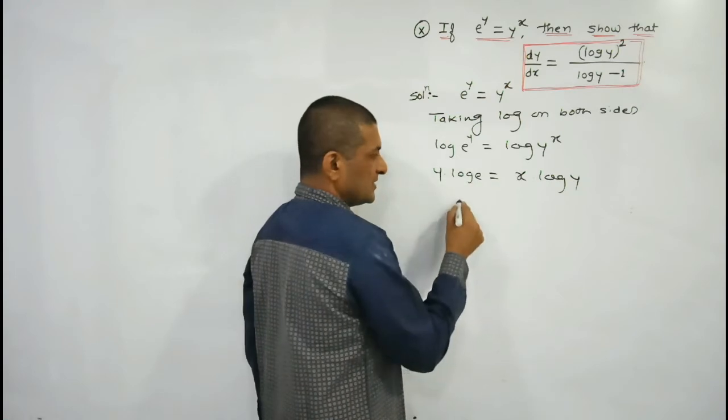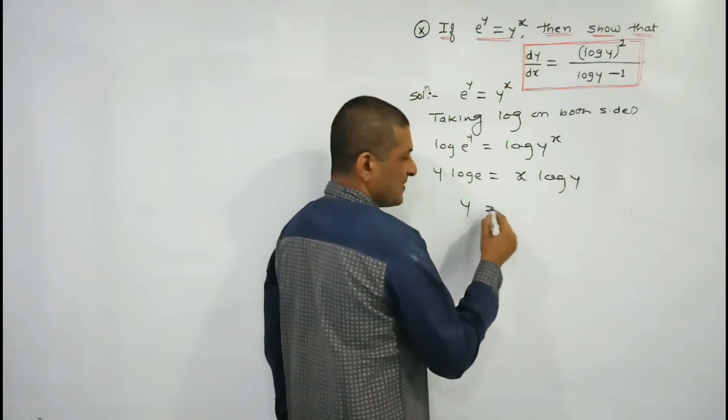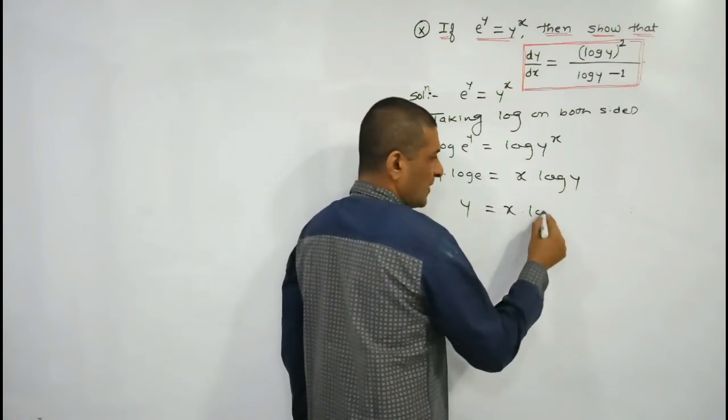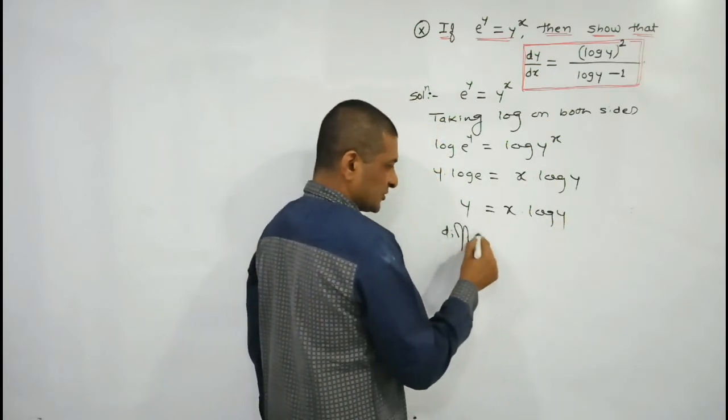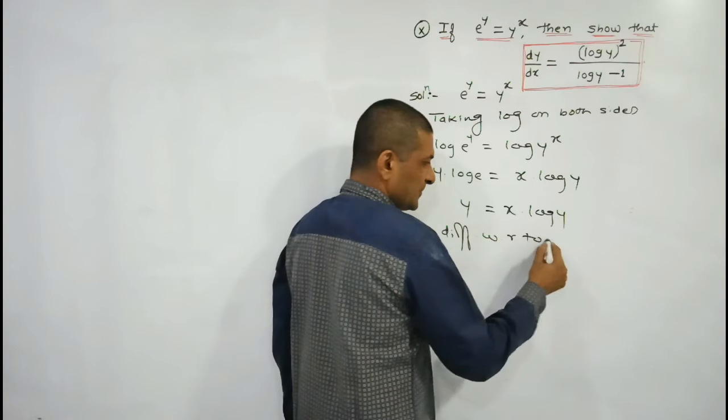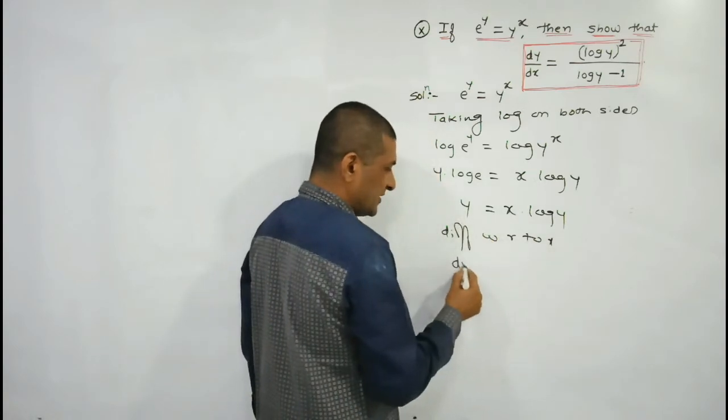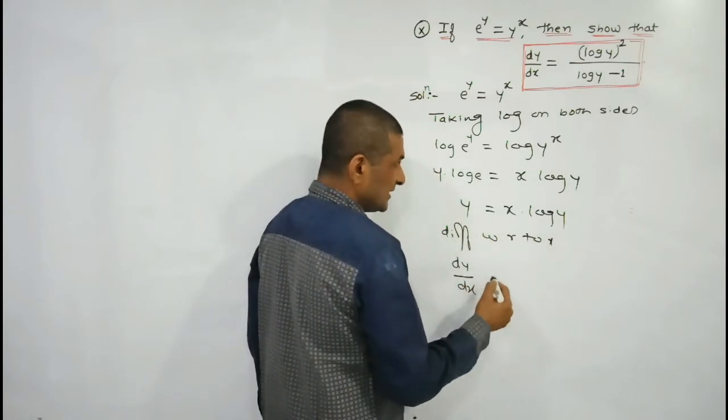We know that log e is equal to 1, so replace it by 1 on this side, x log y, keep it as it is. Now we are differentiating it with respect to x. So differentiate it with respect to x. Derivative of y is dy upon dx is equal to,